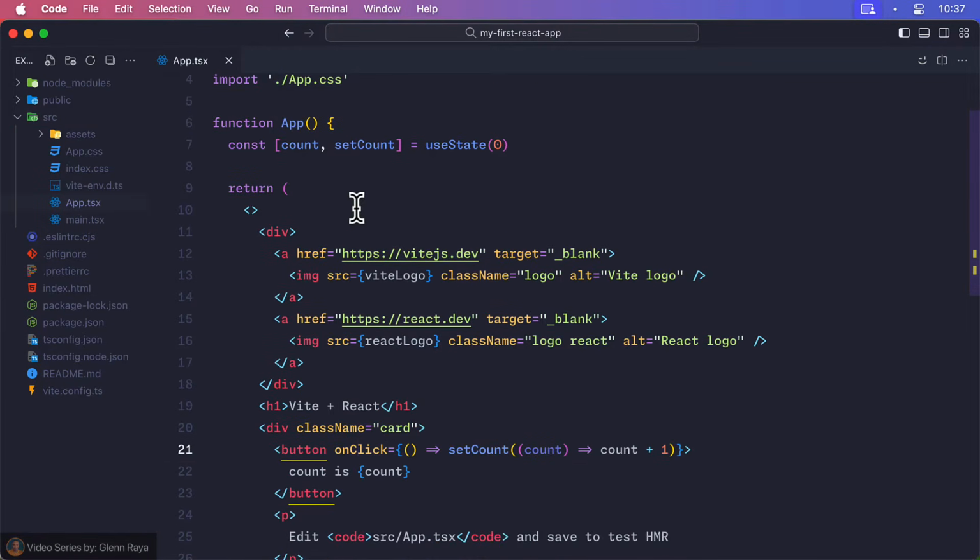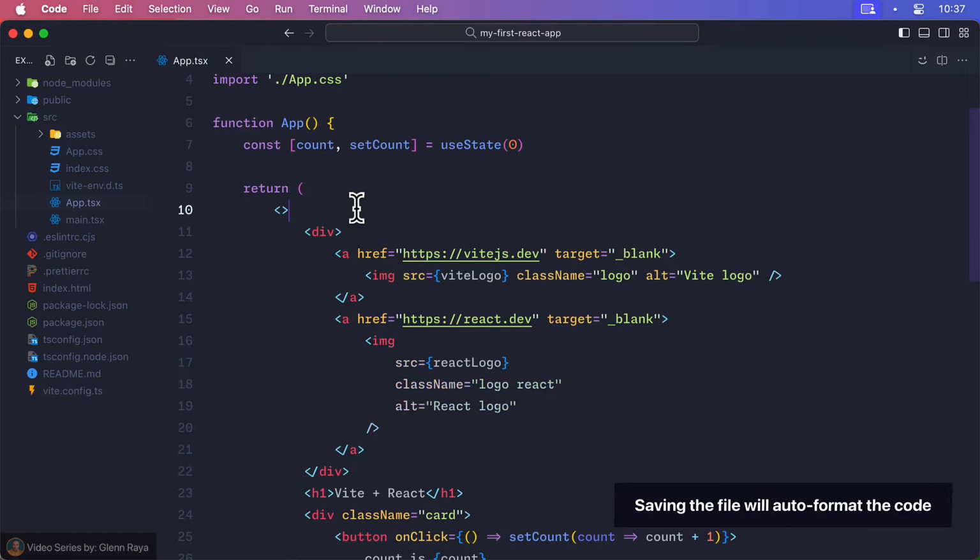We will be adding our first component here. Notice when I save this file, it will format the code according to the options we set in the .prettier file. Remember, setting the prettier code formatting is optional. If you don't like how it's formatted, and you prefer something else, feel free to skip using prettier for auto-formatting